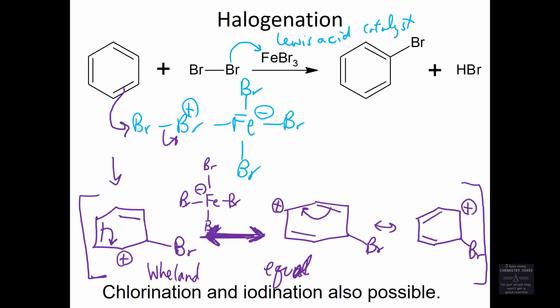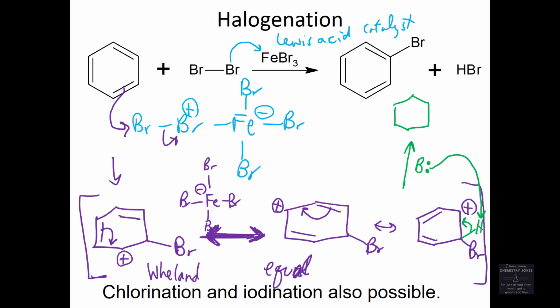Okay, step number 1, make an electrophile. That's the blue part. Done. Step number 2, use benzene's pi electrons to attack said electrophile. That's the purple part. Done. Some base in solution, we're going to talk about who it is potentially, but some base in solution then grabs a hydrogen from the carbon that added the new group. That's super important. Where does the hydrogen come from? From the carbon that added the new group. Some base in solution grabs the hydrogen from the carbon that added the new group, and you dump in electrons